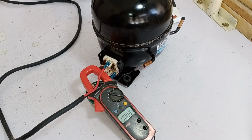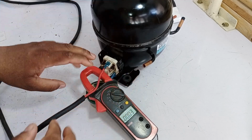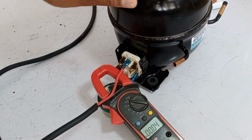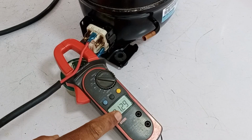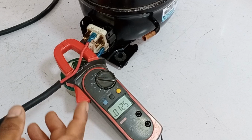Now, here you can see that I've installed the Danfoss relay in a different pattern, similar to the Panasonic one. I'll now supply electricity to it. When we give it power, you'll see whether it works properly and how many amps it consumes. Once we power it on, it easily draws 5.35 amperes, and then quickly drops down to 1.26 amps. This means it took a great start, and now you can see it's running smoothly, drawing 1.25 amps,